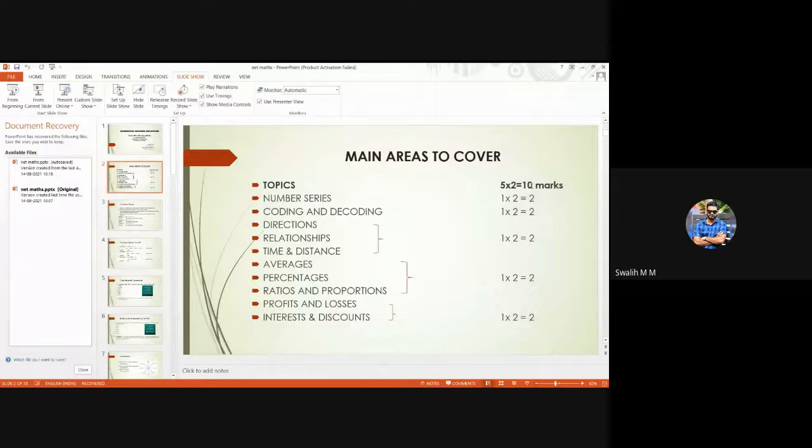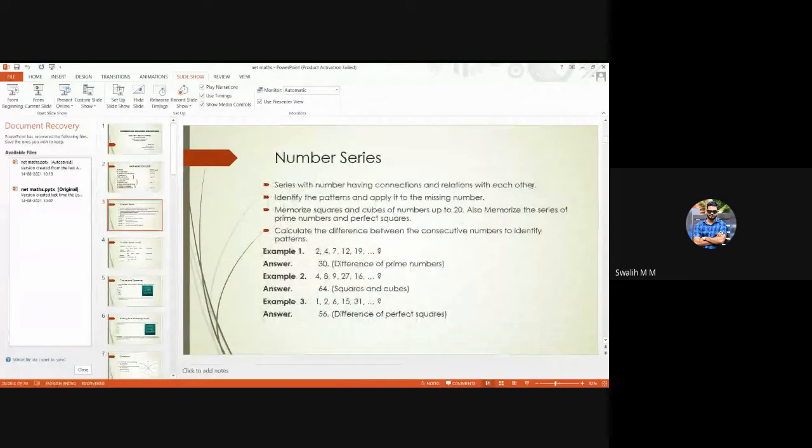That is percentile. The person who gets the maximum marks gets 100 percentile, and like that, how well you perform relative to the top-scoring person is how the cutoffs are decided. So if you perform well in these difficult or perceived difficult areas, you can score better. I'll move on to the first topic, number series.